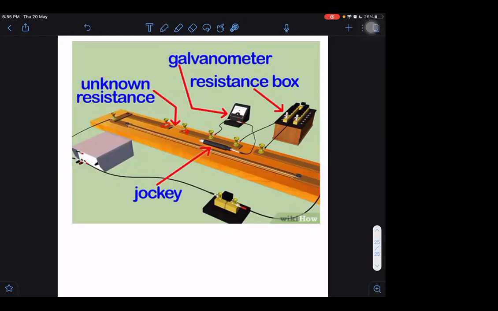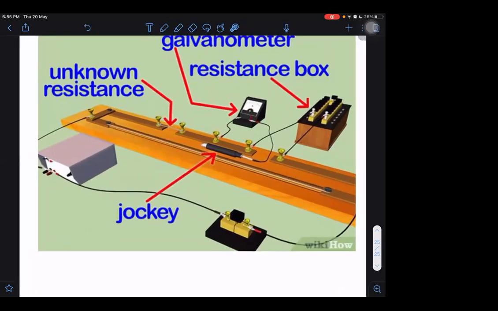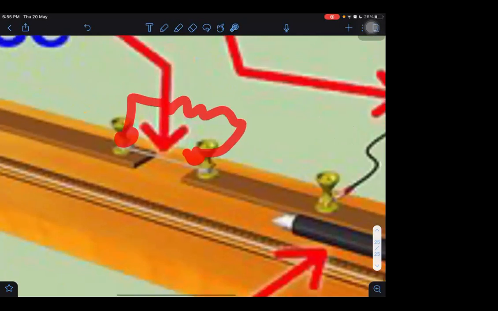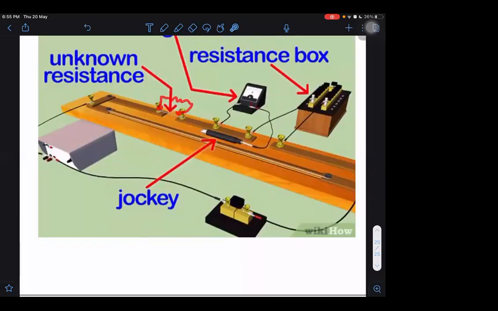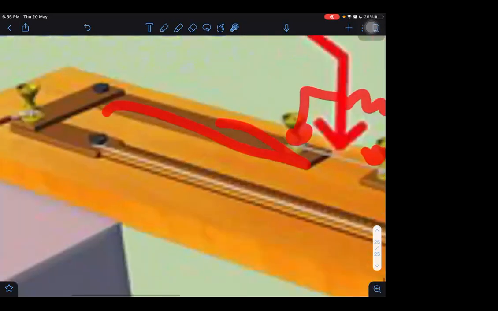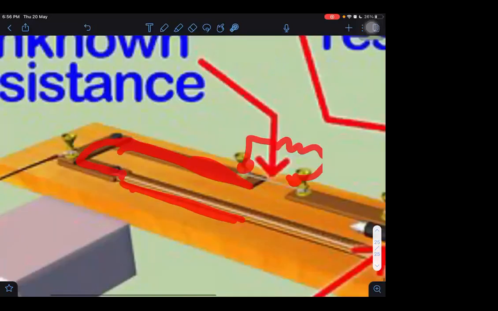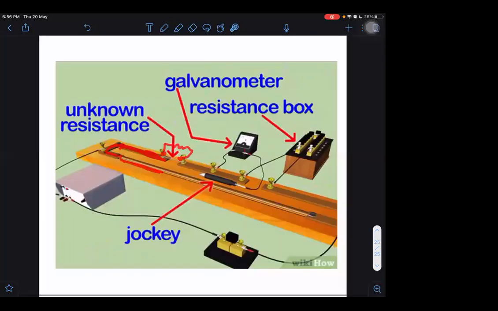You observe the gap here. Are you observing this gap or not? In this gap we keep some resistance, like this we connect it, right? And one more thing I would like to say here. This is directly connected by a conducting wire from here up to this place, and from here the meter bridge wire starts. This is a 1 meter long wire. From here to here, this is 1 meter long wire, and this is the meter bridge wire.